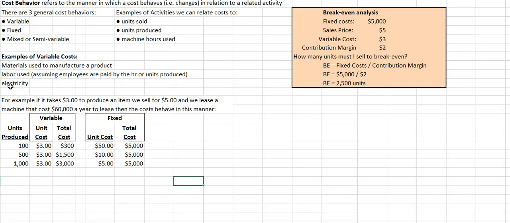Electricity is also variable, right? The more you produce, the more electricity you're going to consume. I forgot to put examples of fixed, but I guess I can type them in right here. Let's get some examples of fixed. And so examples of fixed